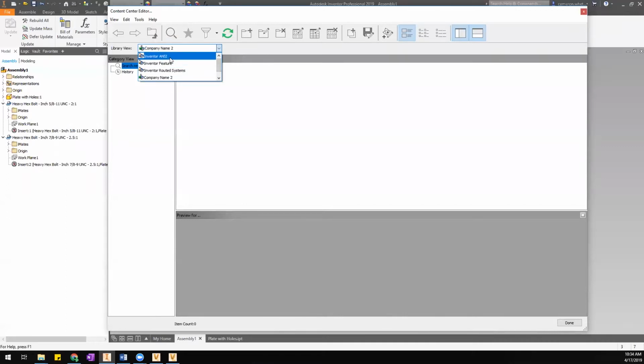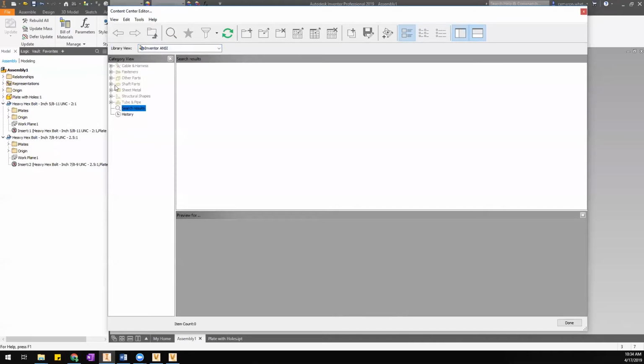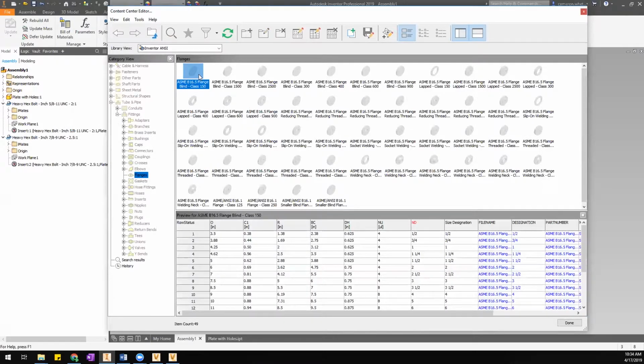So I'm going to switch over to the ANSI library, and let's see. Let's work with some pipe fittings. I'm going to go into flanges. And let's say this is one of the parts that I use frequently, but the description is poor, so I want to be able to modify that. So what I'm going to do,